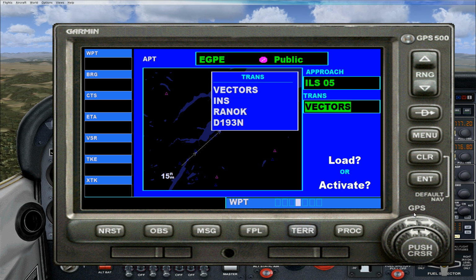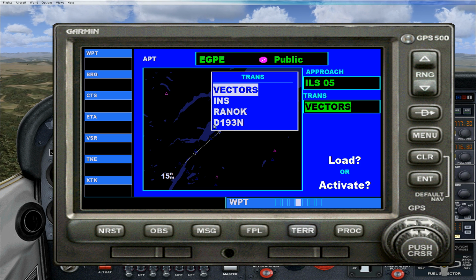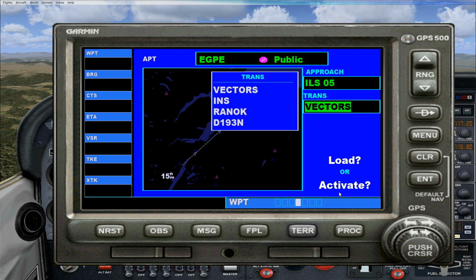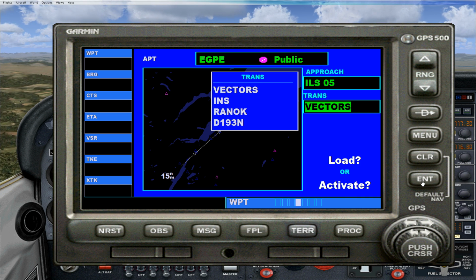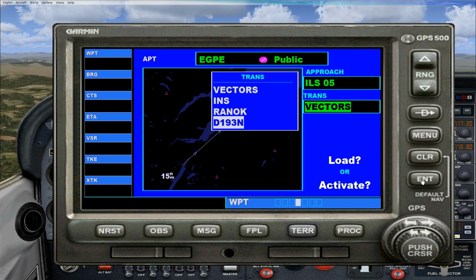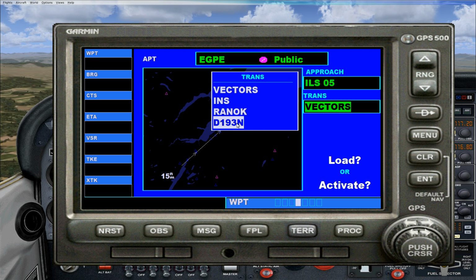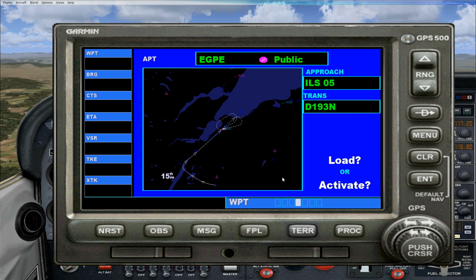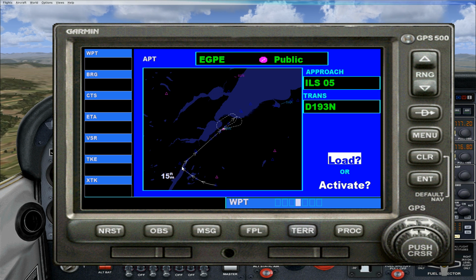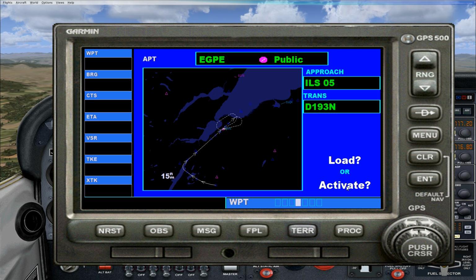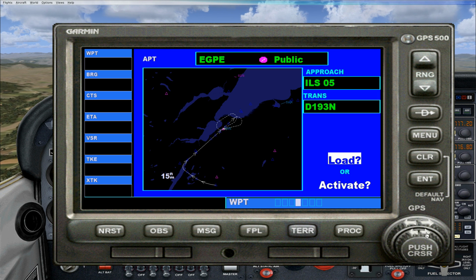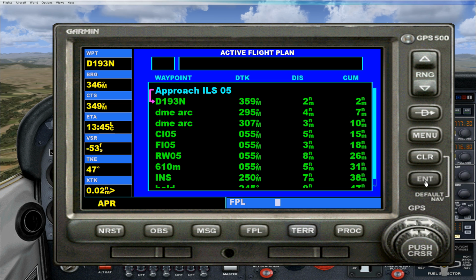Now DME arcs are listed as having D and then the radial number at which they start. Now not all DME approaches will be available, but I'll show you this example. This is approaching Inverness Airport from the south. So D on the radial 193. We'll enter that, and you can see down there that's the bottom part of the radial from the south there. So we will go straight into activation for that,